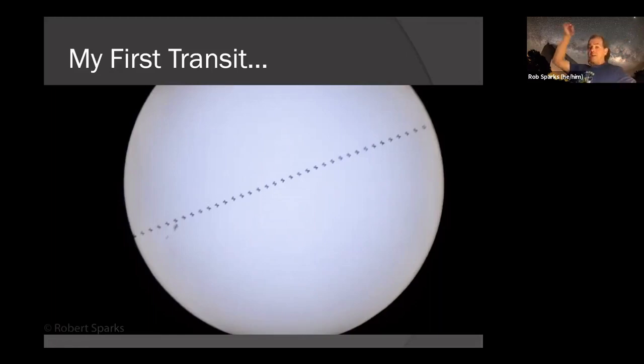Now to get a close pass, you want it high in the sky. So you want to take an image near local noon. And of course, the higher in the sky you are, the better. So for Northern Hemisphere observers like us, that means Northern Hemisphere summer. So Northern Hemisphere summer near noon is when you're going to get the best transit. Of course, they don't always transit the sun at that time, so you don't always get that many chances at it. But fortunately, I did get one.